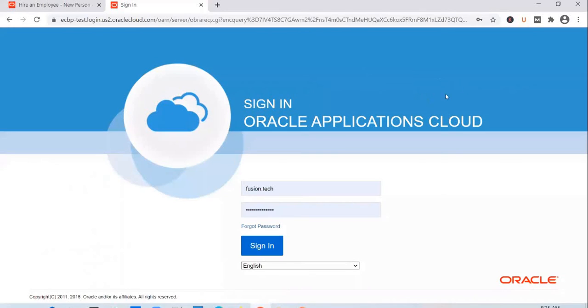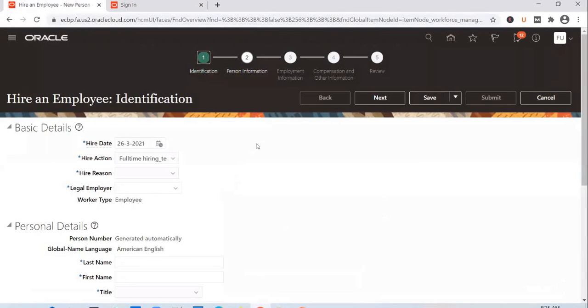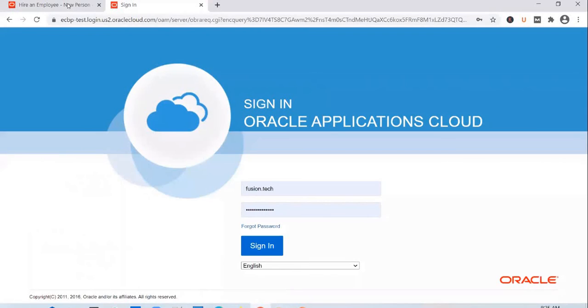Recently, we have done it for one of the banks. They said that they want to see their bank headquarters building in the background on the login page, and they want to see their logo. The way to make such changes is that you cannot do it from within the application. There will be an IDCS application attached to this ERP cloud instance, which is helping you with user authentication and navigation. And you need to log into the Oracle Cloud Infrastructure dashboard.